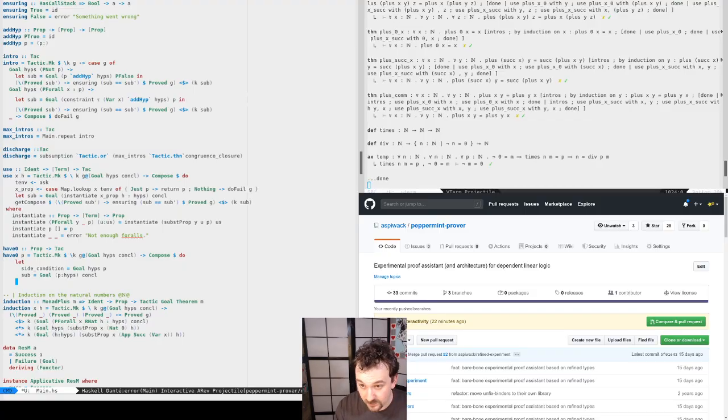So what we want to do is a bit of compose. Prove sub. I want the side condition first. I'm just going to call it side, otherwise it's going to be very long.